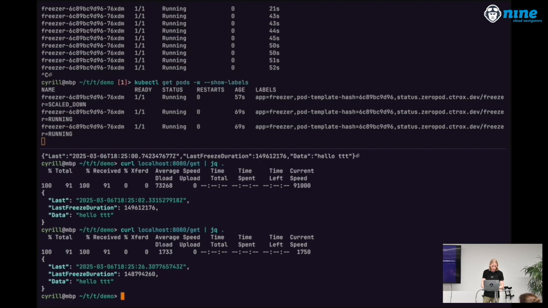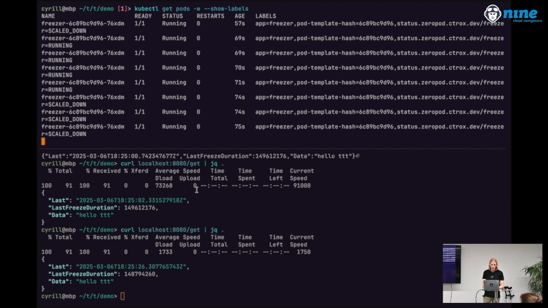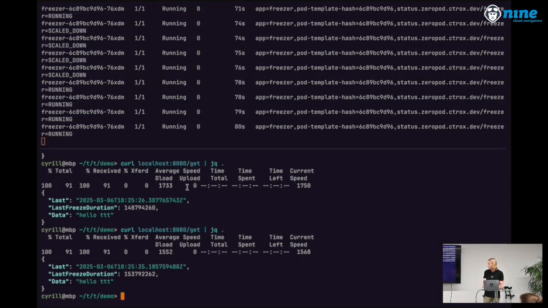And if I make a request, you see it is running, and after 5 seconds, it will scale down again. You basically don't notice it, right? But it checkpoints it to disk and restores it that quickly. You see the last freeze duration. I think this is microseconds, but it's like 150 milliseconds. Oh no, actually it counts how long it was scaled down, so it doesn't really make sense in this scenario. But anyway,